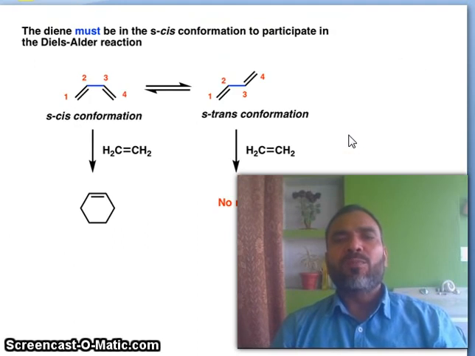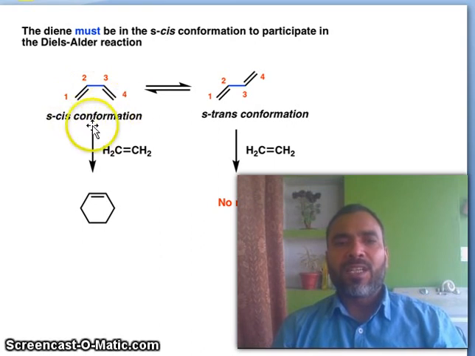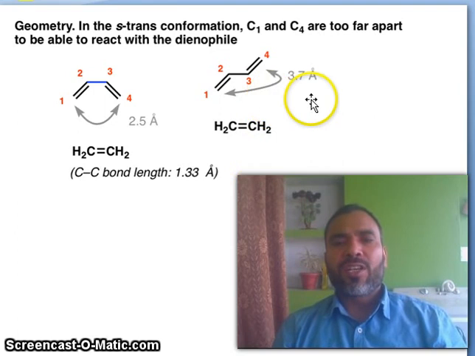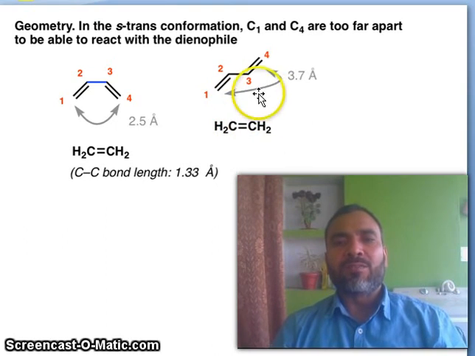The diene must be in the s-cis conformation to participate in the Diels-Alder reaction. You see both are in this s-cis conformation and happily giving this product. But if it turns, there is a problem in cycloaddition, because the distance is 3.7 angstrom, whereas it should be only 2.5 angstrom. So the phase matching is also a quantum mechanical treatment. You will learn about the orbital aspects in higher classes. So geometry is also important.